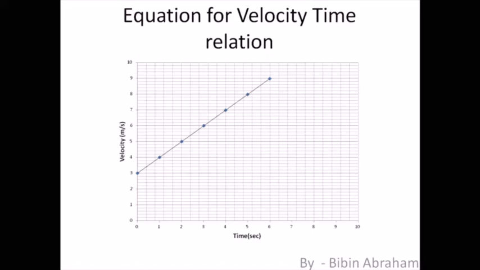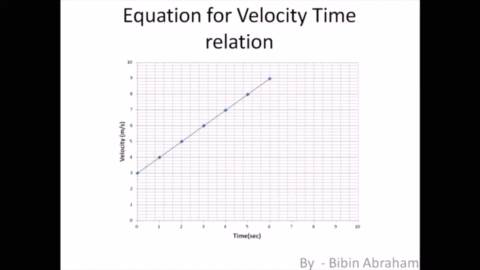The acceleration is uniform, so that means we can apply the equations of motion. Now here we are not applying them, we are deriving the equations of motion. So for that, let's try to find out something. Like I said, u means initial velocity, v means final velocity, a means acceleration, t means time. These are the abbreviations for all these things. So from the graph, what are the things that you can say?